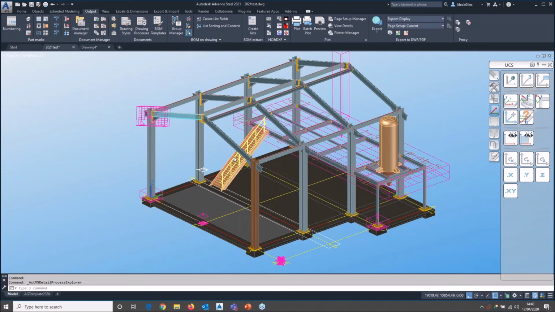Does changing the layer of a plate or beam change how Advanced Steel sees the item? No. Advanced Steel couldn't actually care less what layer anything is on. It does the automatic layer management. If you stay on the layer standard,